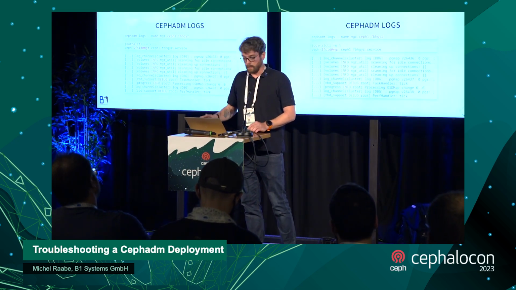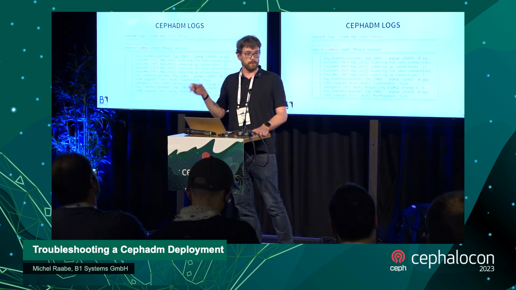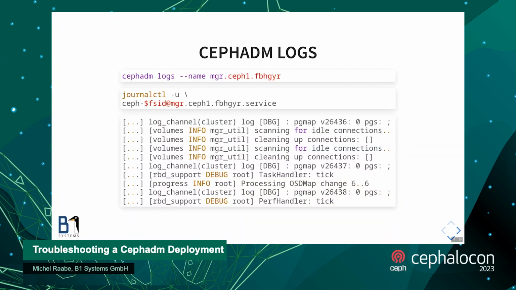So if you don't have the cephadm tool installed on an OSD host, next try. Then you should use the journal command, because cephadm logs --name and so on is only creating or starting journalctl with the parameters for you, and you only have to take care about the name. In this case,